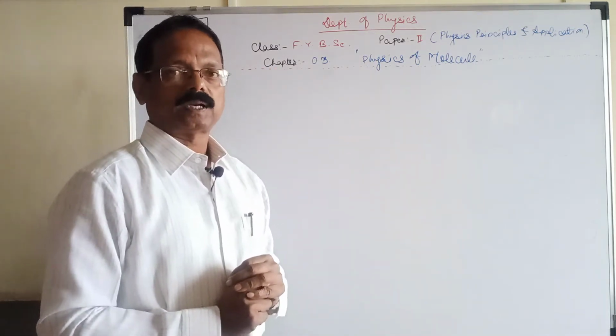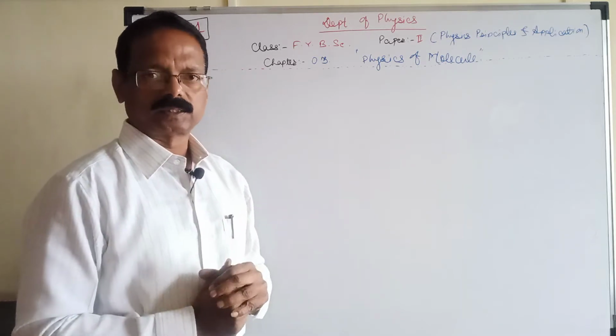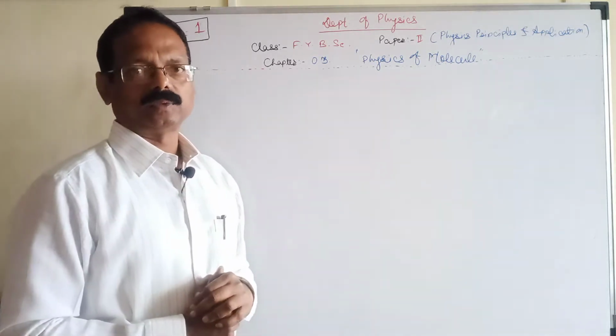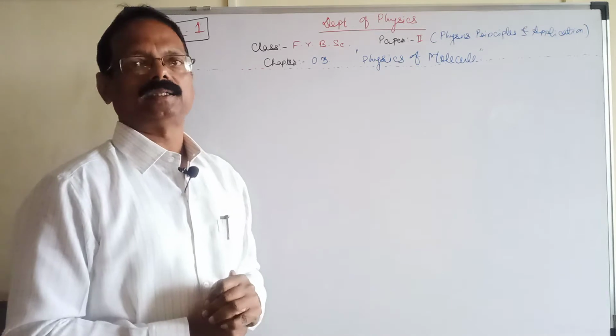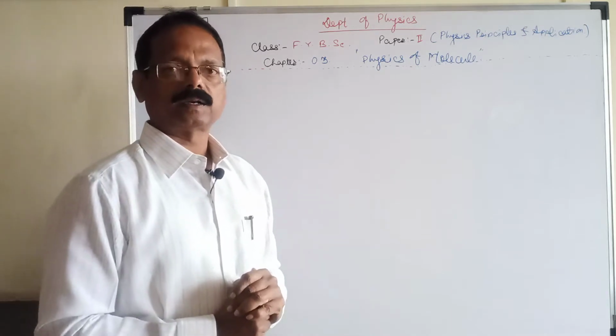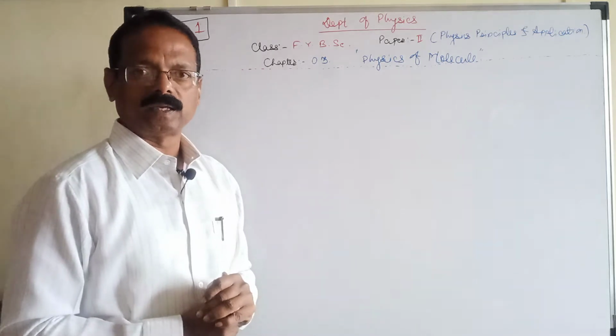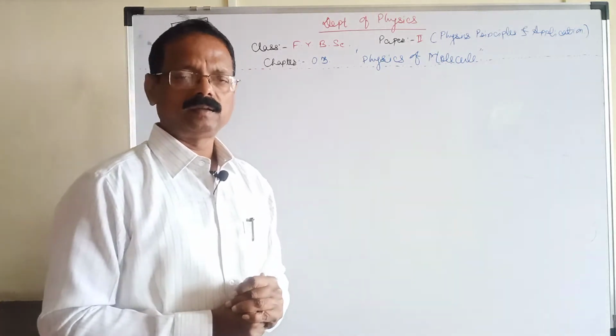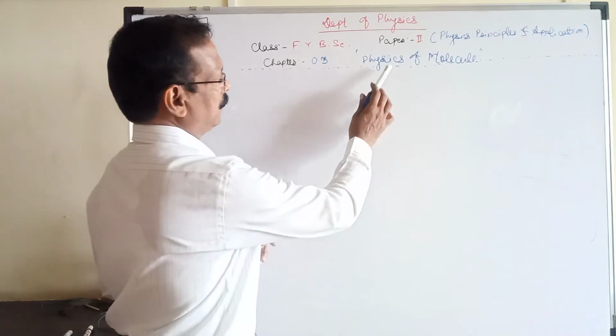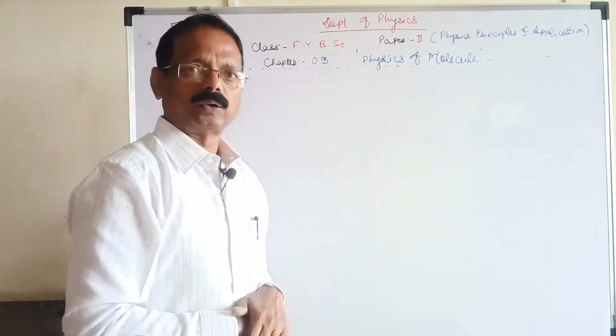Up to this time, we have completed two chapters. First is Physics of Atom, in which we solved a number of examples and completed each and every article. In the second chapter, Laser and Its Application, we saw what is laser, what are the applications of the laser, and what are the characteristics of laser. Today we are going to start the next chapter, Physics of Molecules.